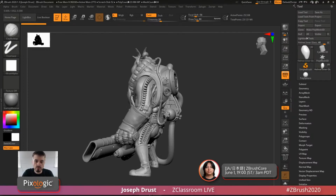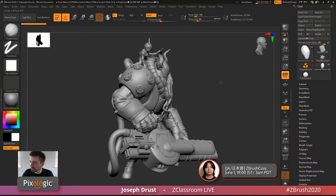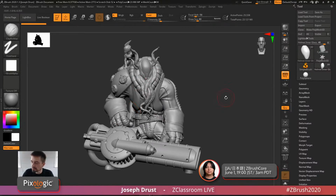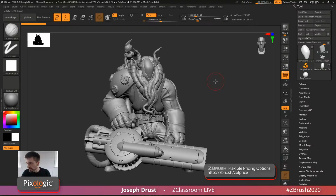I didn't give him a whole bunch of crazy details or anything, but just enough where he looked finished with the rest of the model here from the Proko collaboration, and then I just have him resting on the shoulder there. Now with the model, I went through and I keyed it up and I printed it out,